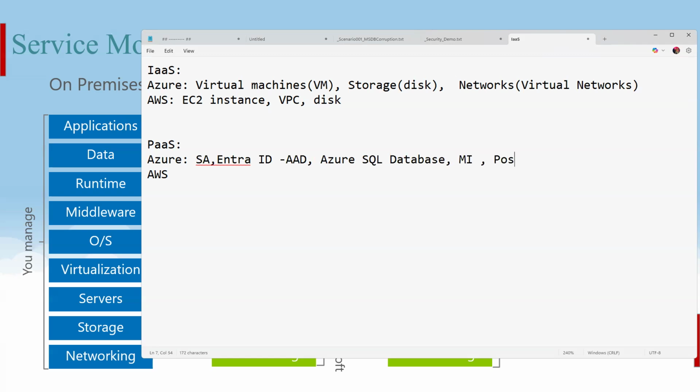Like Postgres, ADF, logic apps, and many things. They fall under PaaS service only.